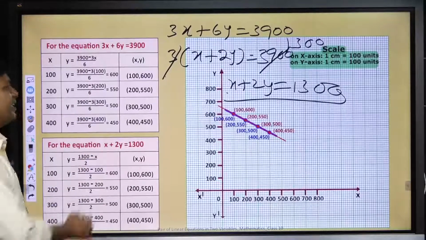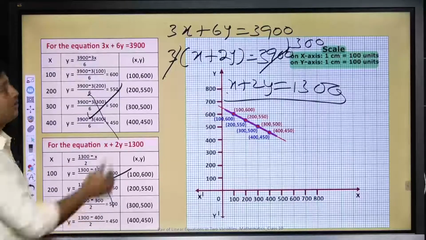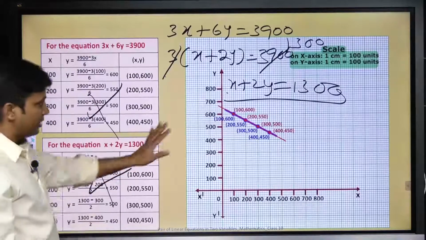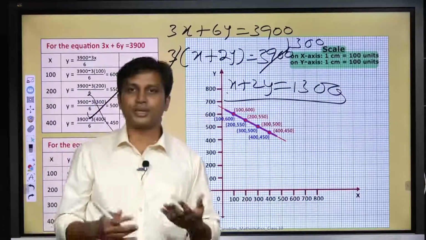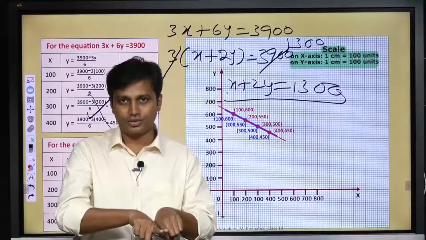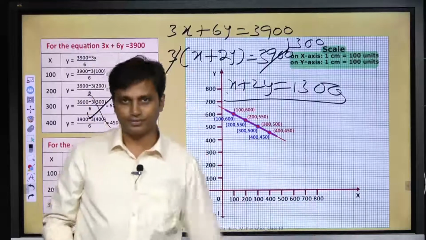So that means these two are not two different equations. These are only one equation. If you take common 3 from the first, you get the second, right? So therefore, this is the example for mutually dependent equations, which are not separate, and both are representing the same line on the graph. Understood? Overwriting means it is also representing the same line on the graph, right?